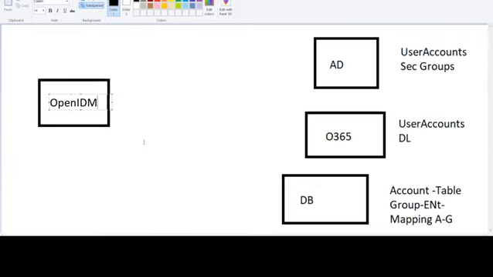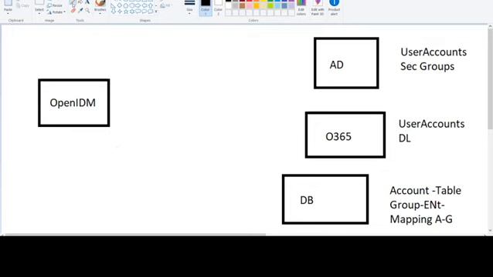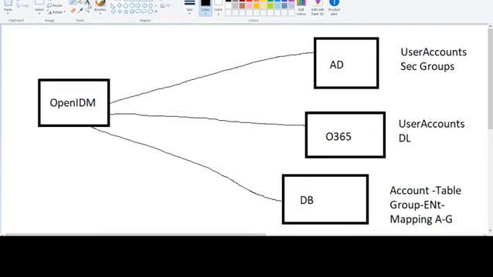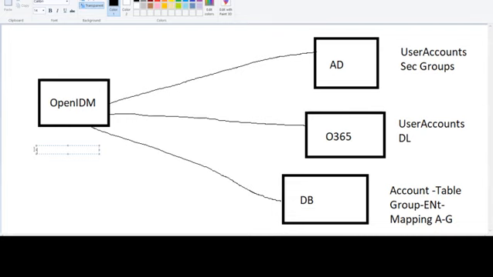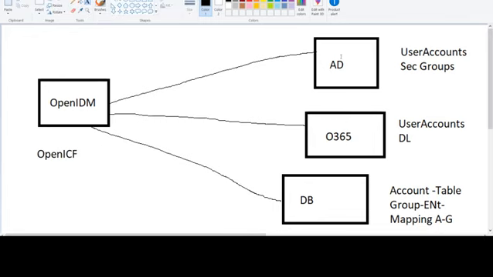OpenIDM can make connections with the native libraries of each of these applications. OpenIDM has a component module called OpenICF, or Open Identity Connector Framework, which can be extended to communicate with each of these applications using their native language, native API or native libraries. AD is LDAP v3 compliant, so it can communicate using LDAP or through PowerShell scripts.